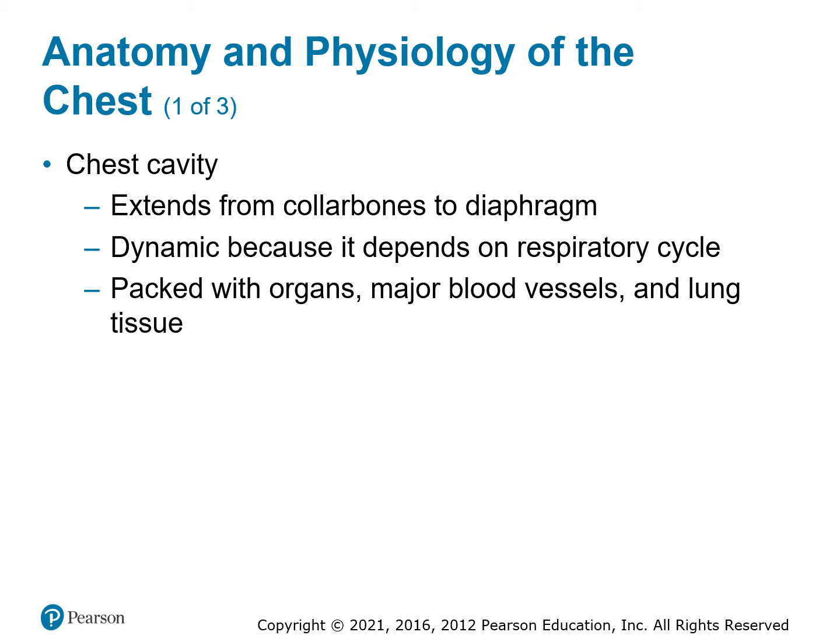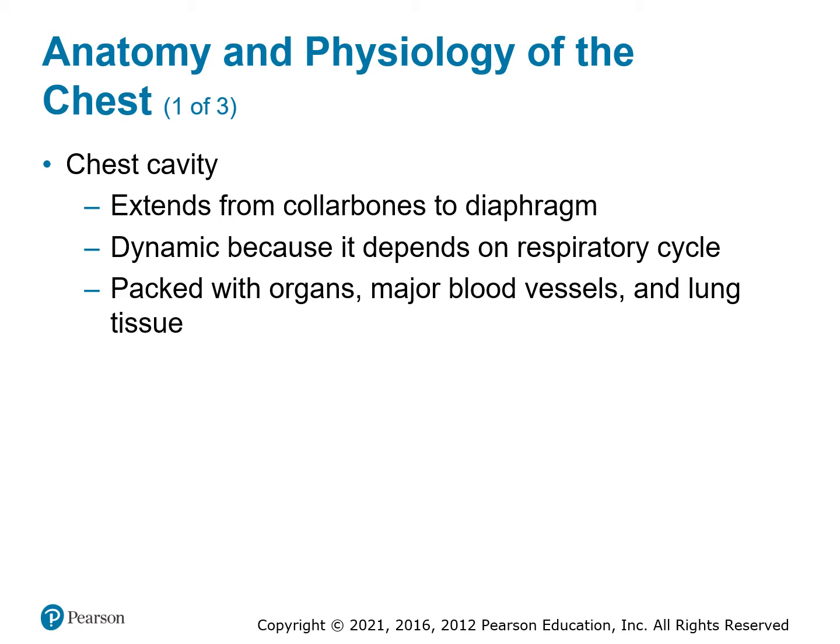It's important to understand what the chest cavity is, what's in the chest cavity. So the chest cavity basically extends from the collarbone to the diaphragm. And it's kind of a dynamic area because the size of that chest cavity depends on the respiratory cycle. As you breathe in, you take in more air, that diaphragm flattens out, and that chest cavity grows a little bit. As you breathe out, that diaphragm pushes up and that chest cavity shrinks a little bit. So it can really extend anywhere from the nipple line down to basically the belly button,